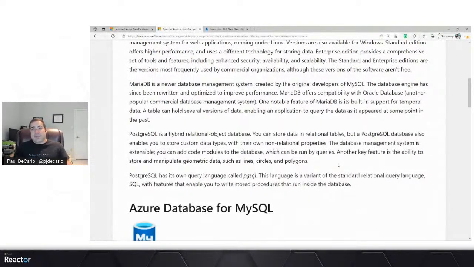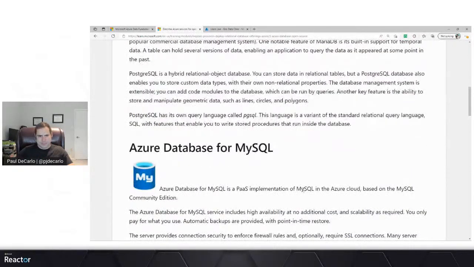And this form of SQL, or this RDBMS, or Relational Database Management System, uses its own language called PL/pgSQL, which is a variant of SQL, as we sort of talked about earlier with these different variants. What's really cool is that in Postgres, you can write and run stored procedures inside of your database.